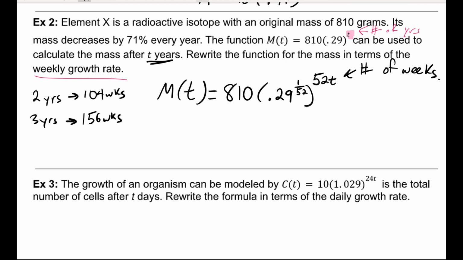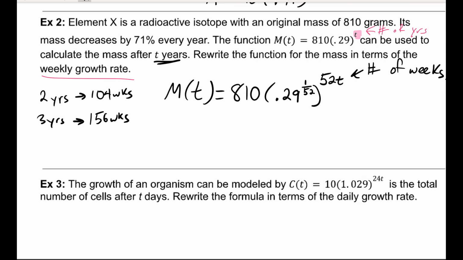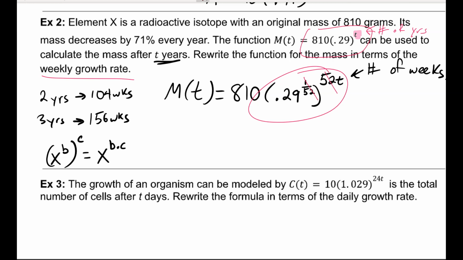And the logic behind that is that, remember there was a rule for exponents that said if I have a base and I raise it to a power and raise it to another power, equivalently we can rewrite that as x to the b times c, and we could multiply those powers. Imagine if we did that here, and I multiplied 1 over 52 times 52t, that would just leave me with t, which is exactly what I started with. But we want our exponent to be the number of weeks, so I'm going to leave that as 52t,